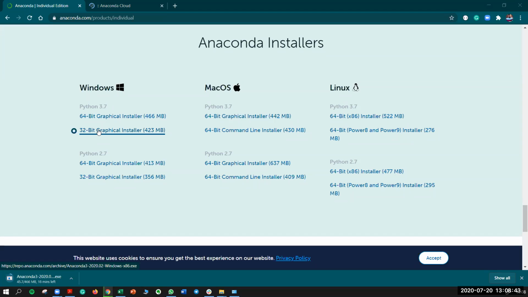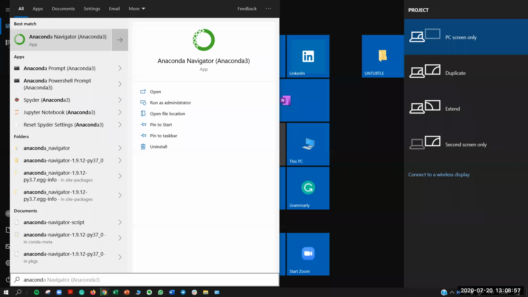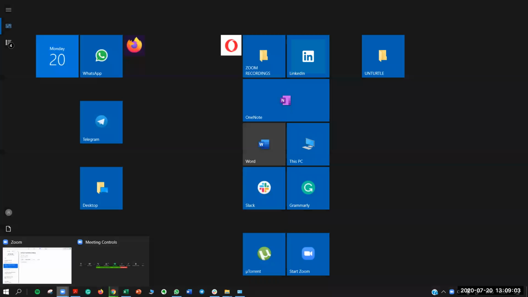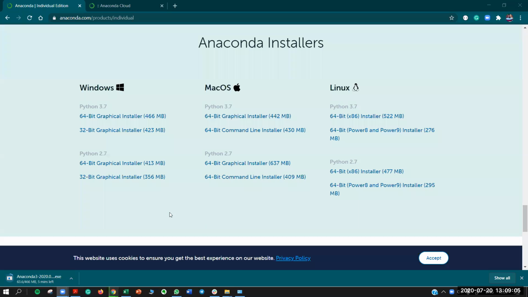So once you install, all right, let me show you something. Just a second. Yeah, also download the 64-bit version. That's totally fine.